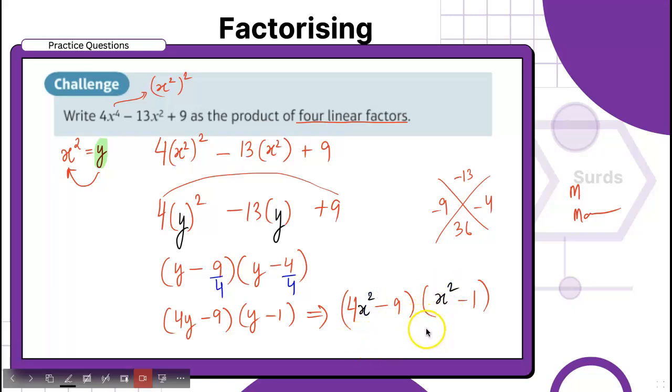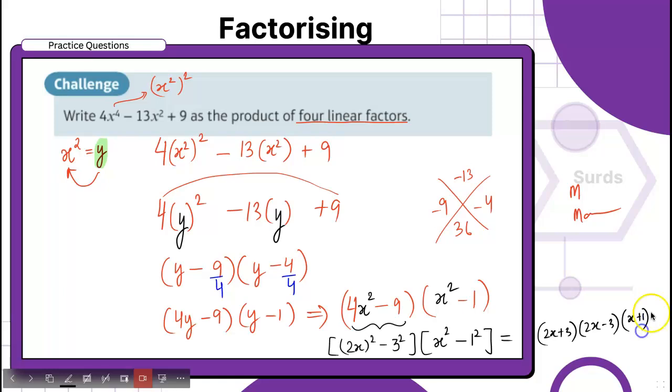Okay, now if you see, it is nothing but the difference of squares. No? We can rewrite it as, now you tell me, yes, 2x squared minus 3 squared in the first bracket. Second bracket will hold x squared minus 1 squared. Okay, if we expand, so the first bracket will give us 2x plus 3, 2x minus 3, the other bracket x plus 1 and x minus 1. And here we have 1, 2, 3, 4, 4 linear factors. Hope that makes sense. Let's move to the next quick.